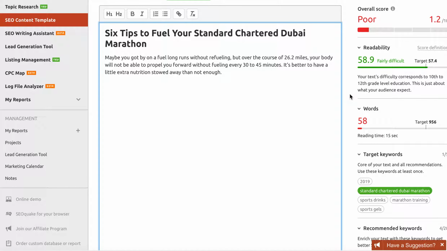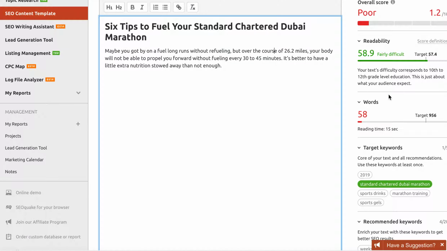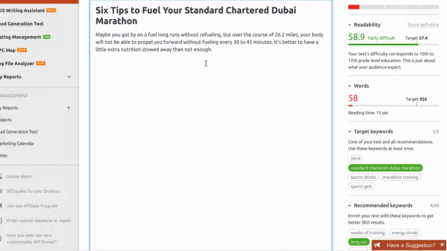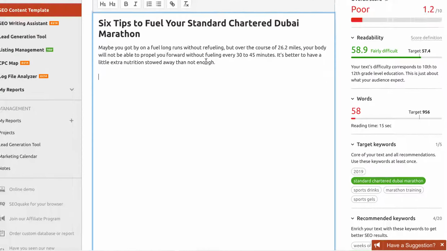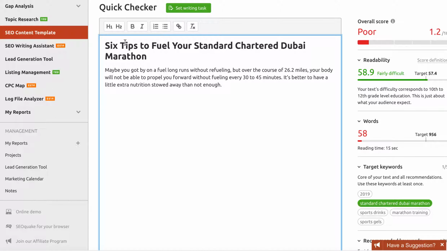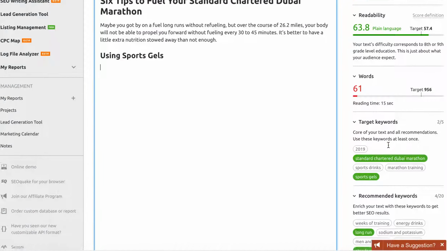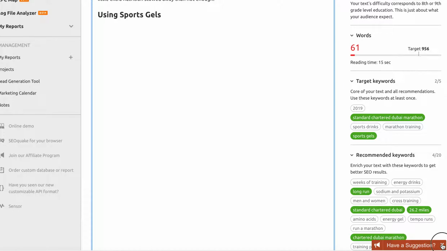So let's just keep playing with that a little bit. So let's do a heading 2. So I actually don't know anything about this, but using sports gels. So here you can see it highlighted sports gels. It's happy with that. Remember to make it a heading 2. We need to use our hierarchy. So I'm not going to write a whole bunch of content, but let's remember we have a bunch of recommended keywords we want to use. Don't have to use them all at once, so let's not go crazy. We have 1,000 words to write, or in your case 500. But let's just do something like